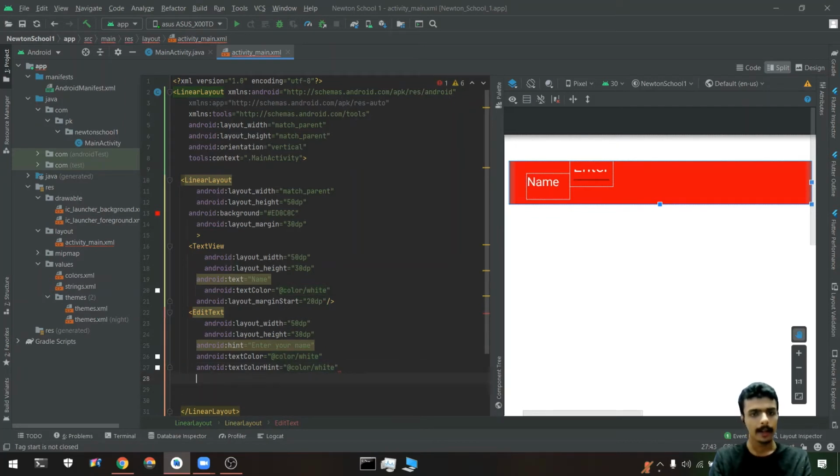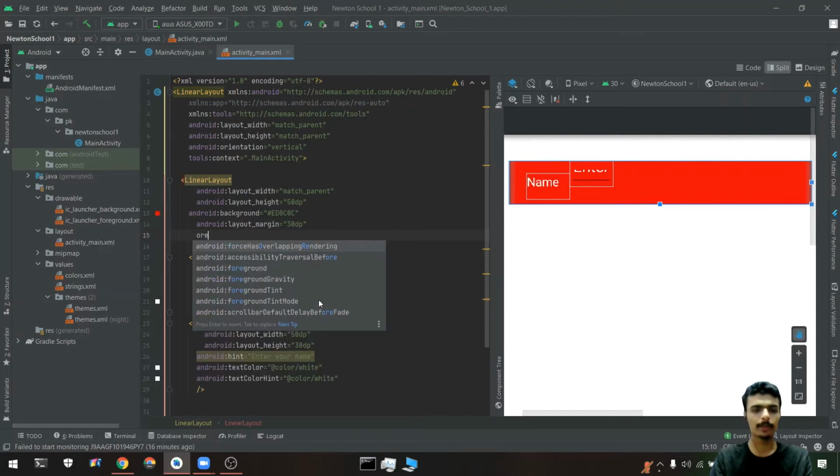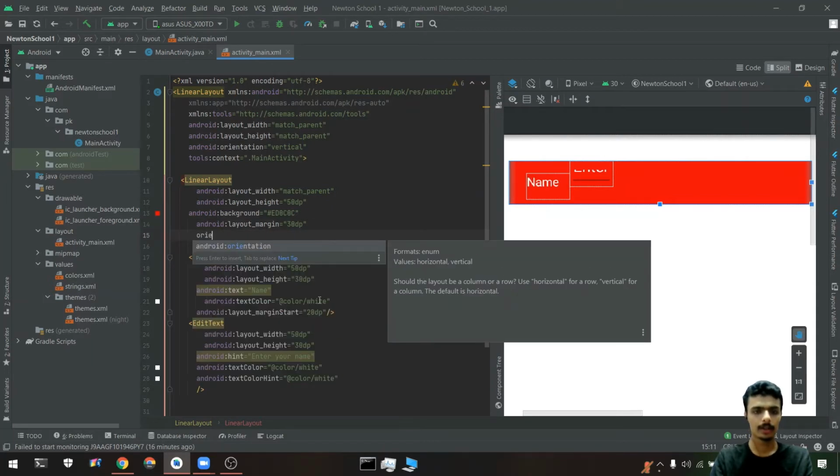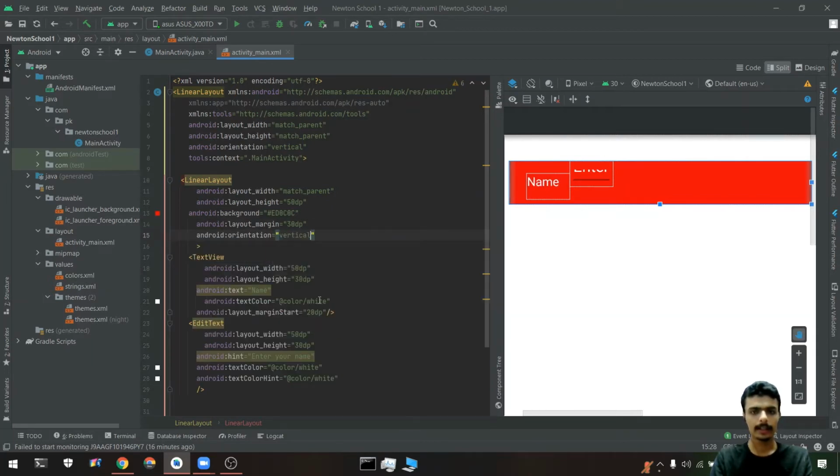And as it is a linear layout, I have to specify the orientation. I cannot keep it vertical, I have to keep it horizontal. Okay, so 50 dp is there, and layout margin is okay.